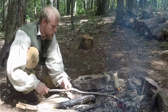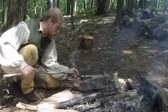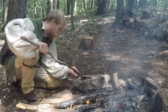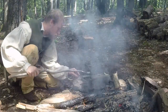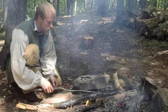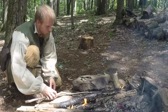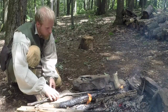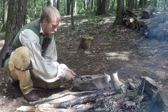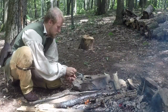As soon as you get that, have your bullet mold ready and pour in your lead. Now, one thing I want to make you guys aware of when you're doing this, there, so we don't lose any of our lead. Okay. You see some lead poured out over the top. We can reuse that. I'm going to pop this out, and you can see